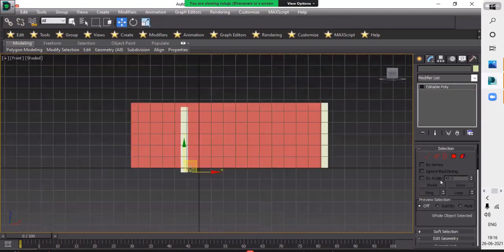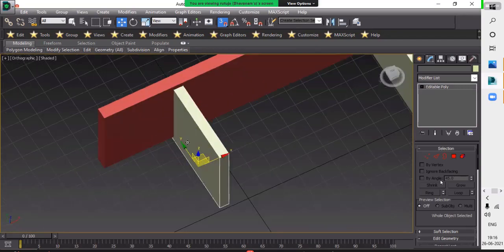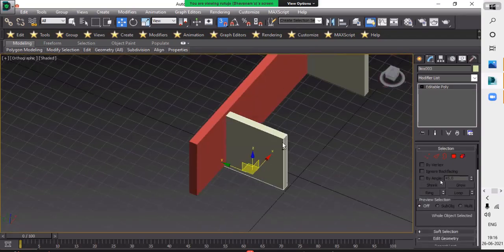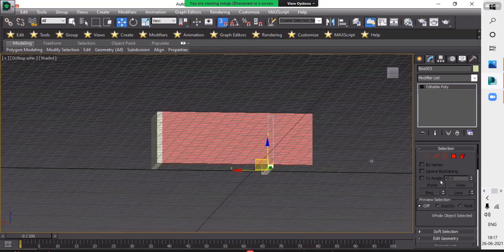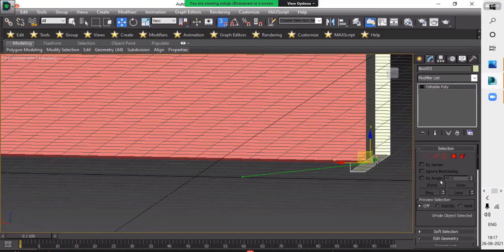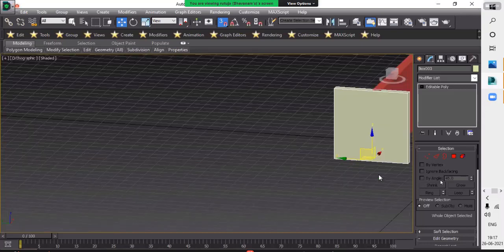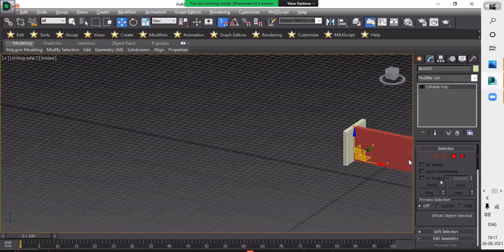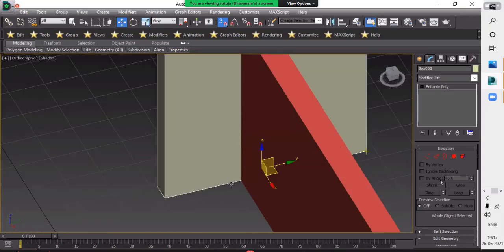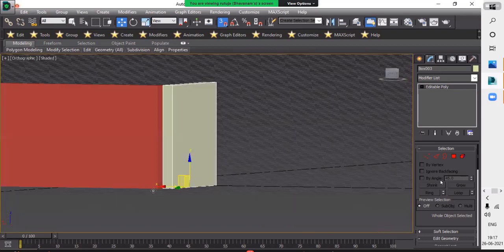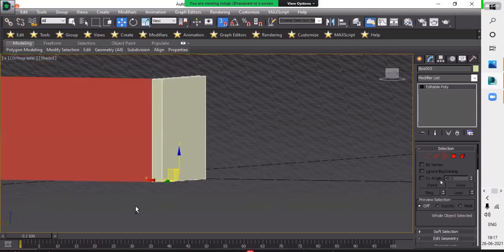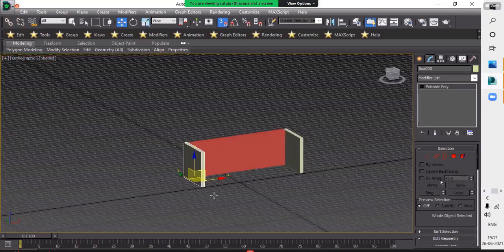So you can shift and drag it. That's how you can copy it and place it on the other side. Like that. You can do exactly what you want.